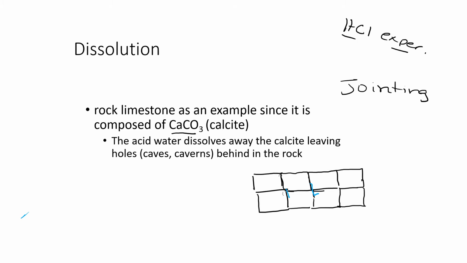So those are the weak areas. So where's the water going to go? The water is going to head into those weak areas. And my goodness, doesn't it just know that it has hit the jackpot here, because it can start dissolving all this calcite away. So we're talking about groundwater, maybe water that's coming in from the surface, maybe it's an aquifer here,